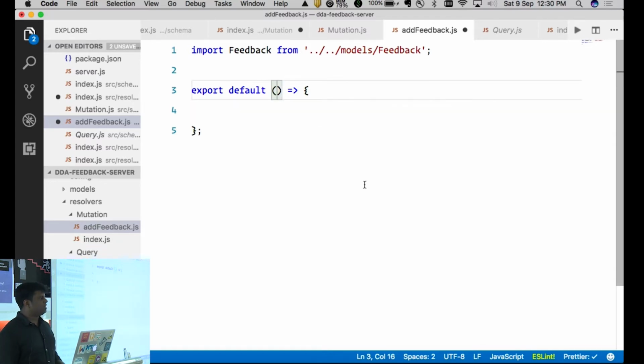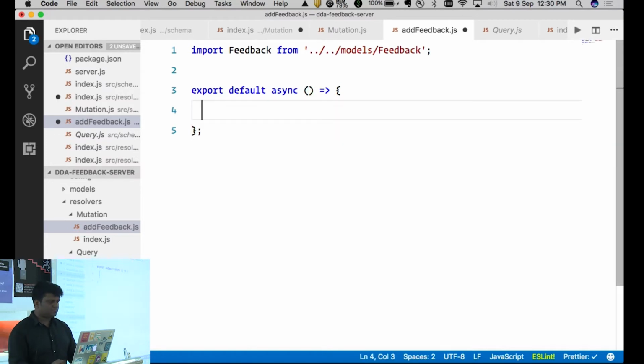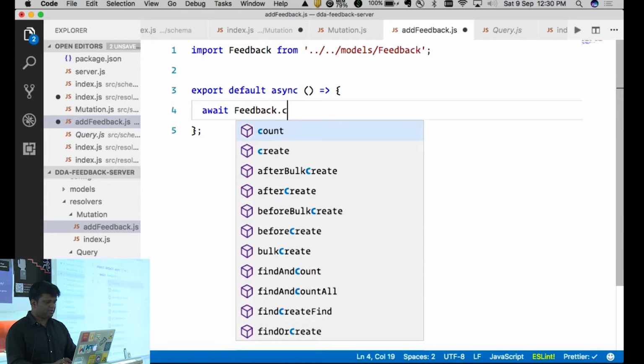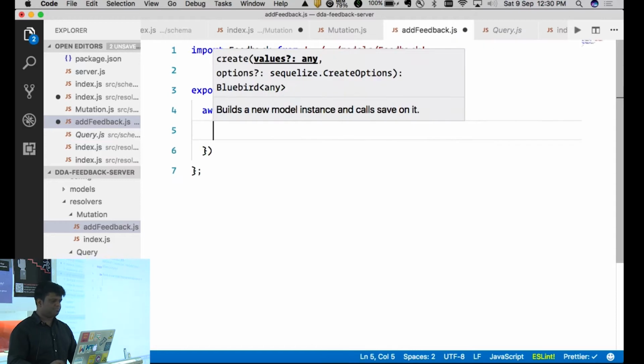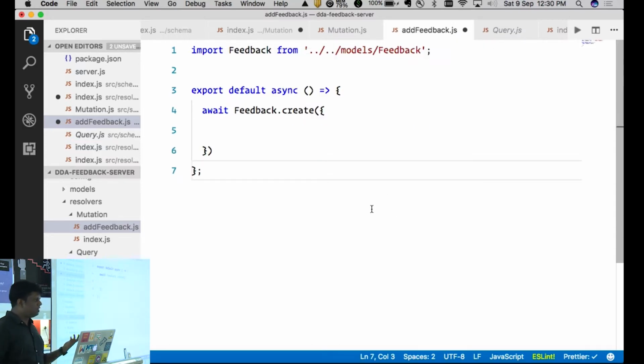Again, we have to do database operations here, like we have to now do a create operation, right? Again, it's an async operation. So let's have functions defined async by default. And what we have to wait for is feedback dot create, right? So within this create, I have to fetch the arguments and now pass it to the create operation,